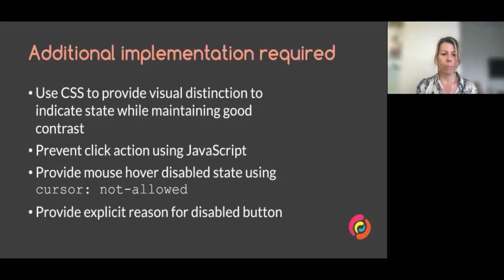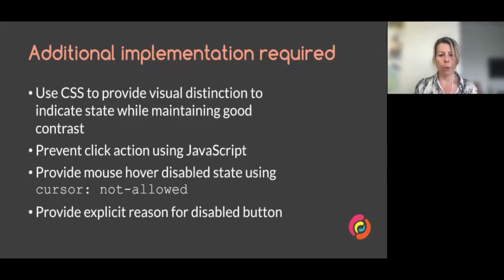Also indicating to mouse users that it's disabled by applying the cursor not-allowed attribute, so that when they hover over the button, it would show that the cursor wouldn't be allowed. And then lastly, you could provide an explicit reason why the button is disabled. So maybe before the form field, having a little statement saying all fields need to be filled in before you can submit, or something similar.